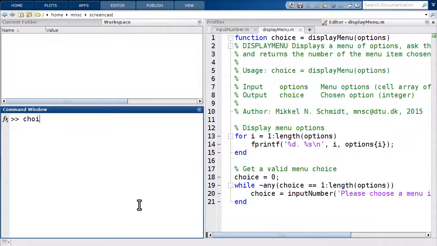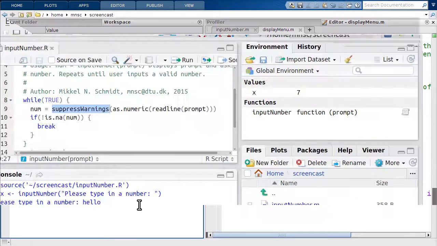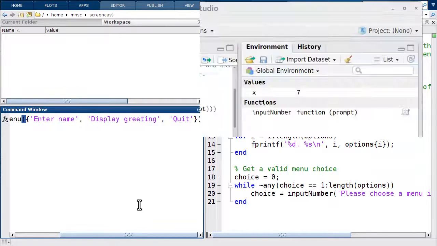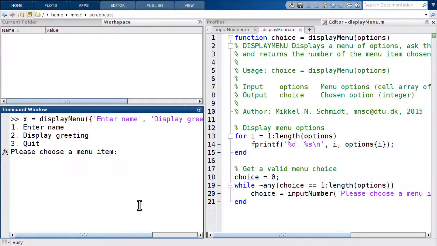We can say choice, so I can call it X again, equals display menu. And now I have to give it my options. These options could be enter name, display greeting, and quit. Okay. So when I press enter, the function will display this menu, display these 3 menu items, and ask me